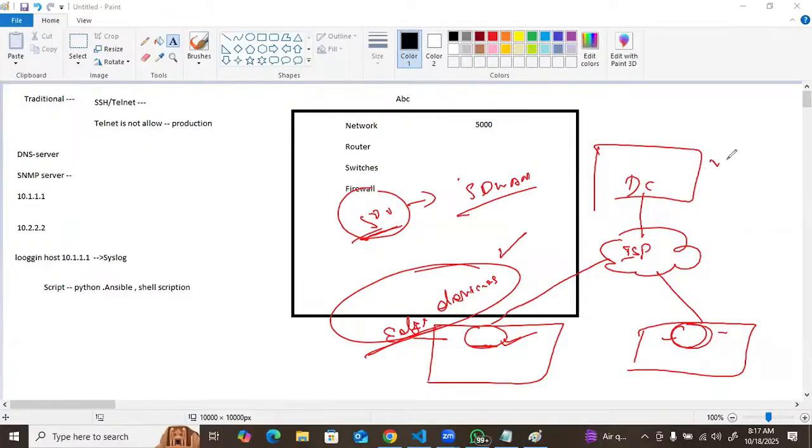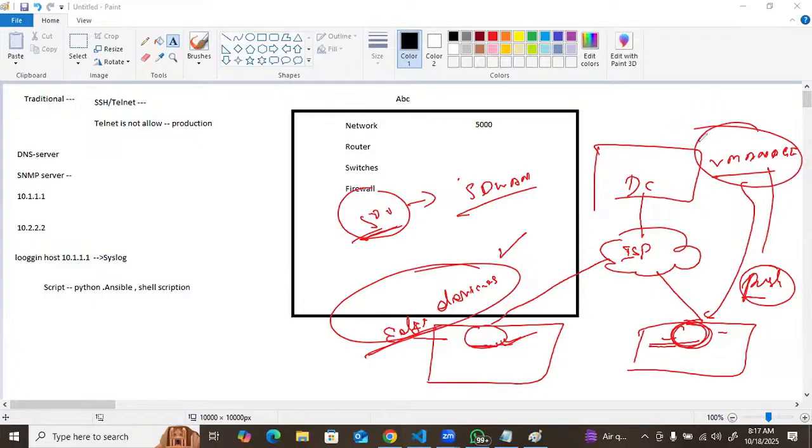So there is the vManage. vManage is the controller. From there, we can manage all the devices. We can get the configuration of these devices, or we can push the config to these devices. So what is my meaning, guys? Here the vManage is also an automation tool. We are not going to interact with these devices manually. We are going to interact with the vManage. So we can consider the vManage an automation tool.